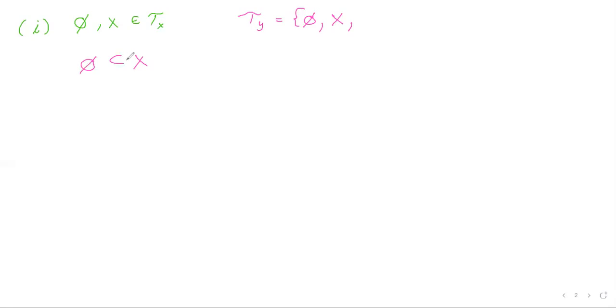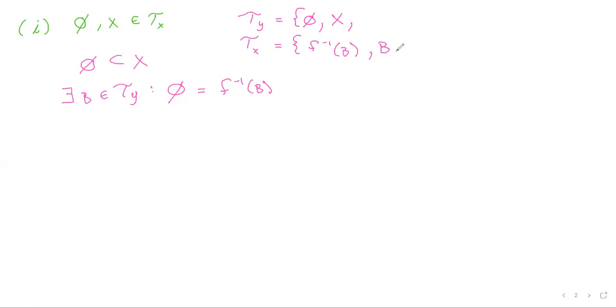So the empty set is a subset of X, and there exists a B in topology Y such that the empty set is the inverse image of B. Remember, for topology X, we'll now start labeling it with the X. It's equal to the inverse image of B,